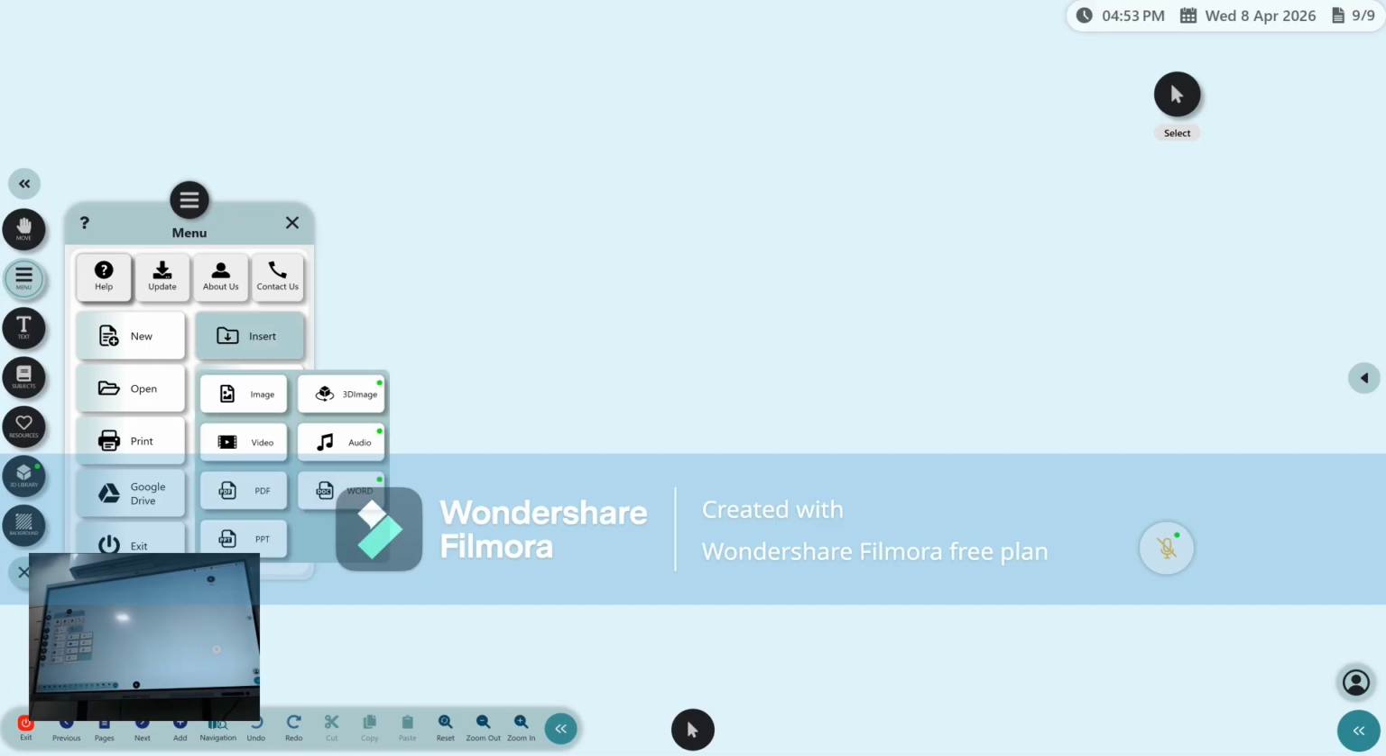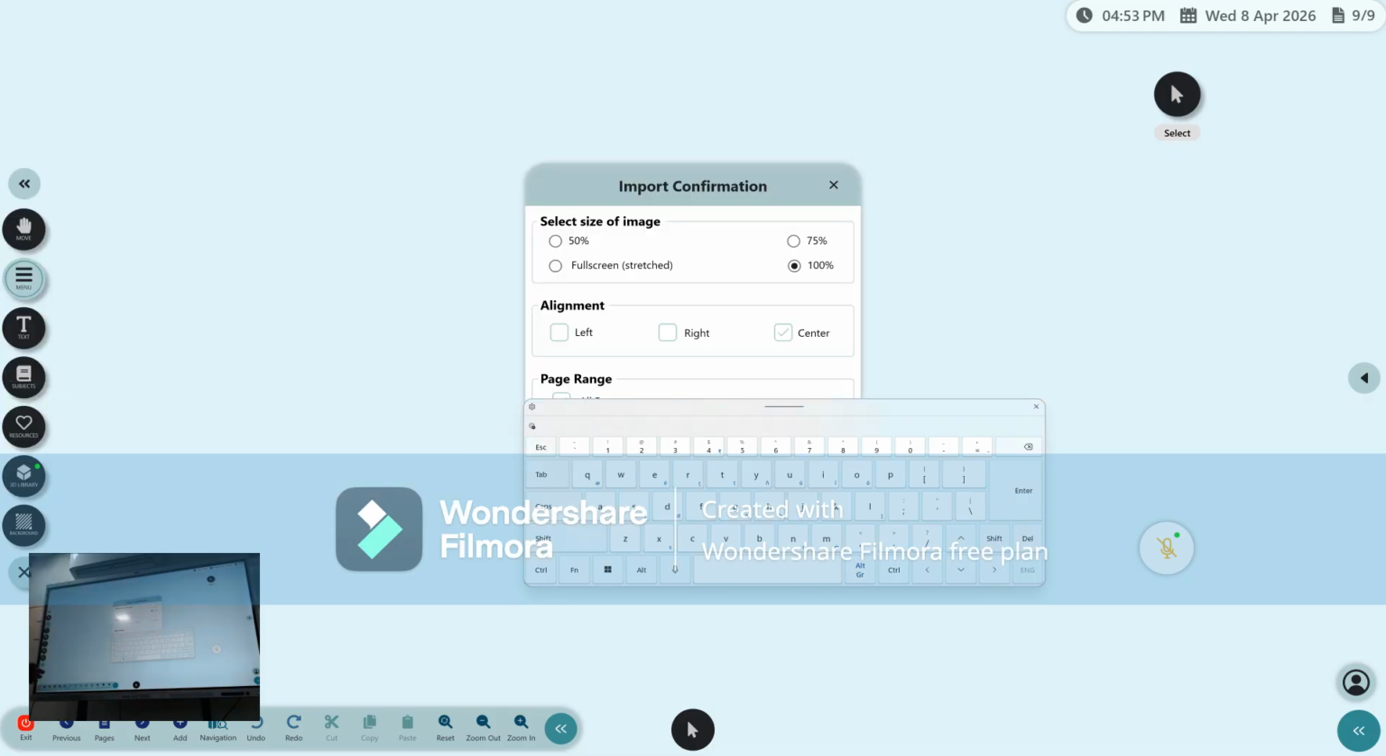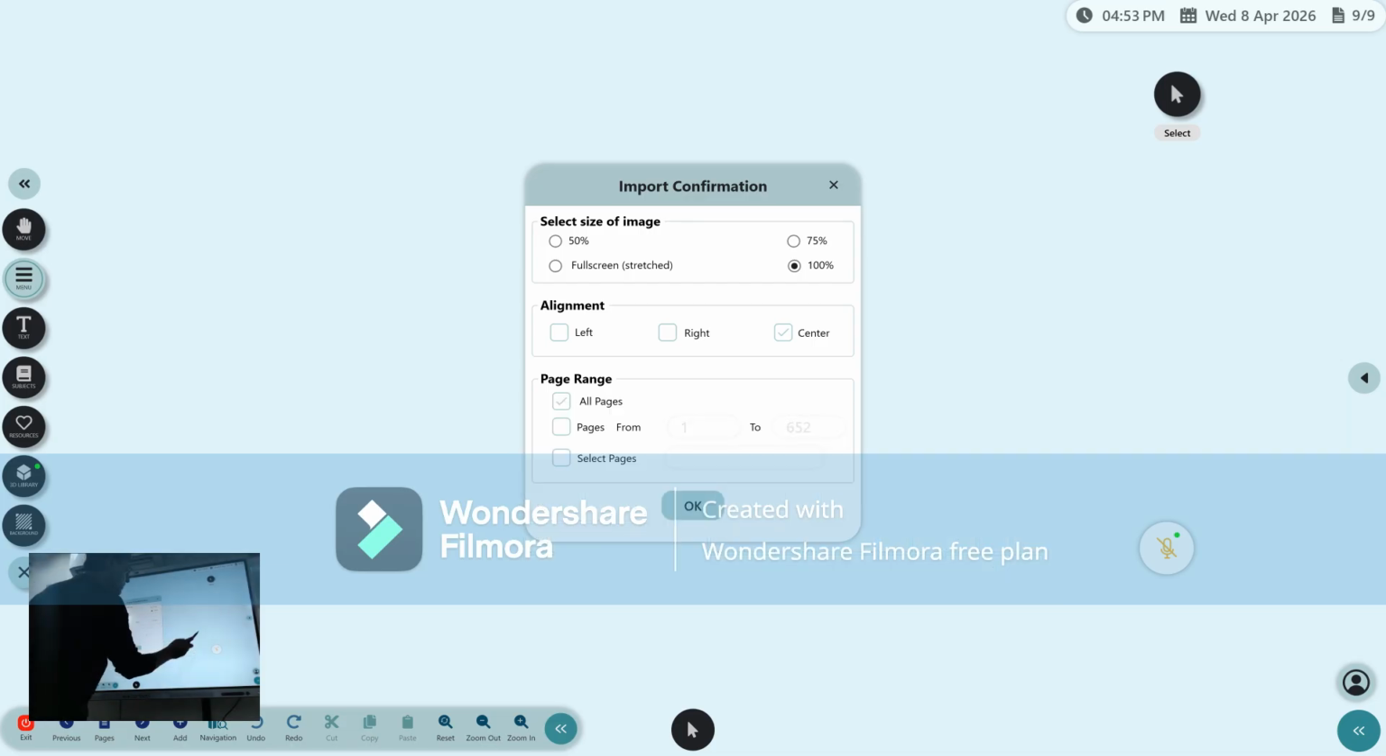So if you click on insert, you can insert all these 7 files. You can insert an image, a 3D image, a video, an audio, a PDF, a Word, or a PPT. For example, let's say I want to insert a PDF. So you can just click on PDF, select that specific PDF, click on open, and you'll get the whole PDF